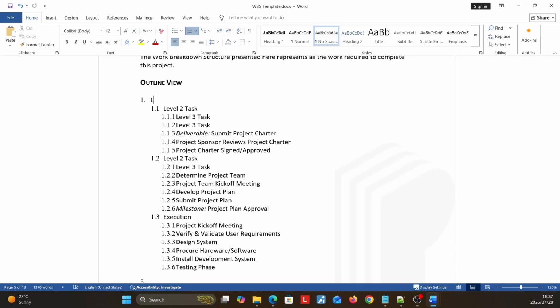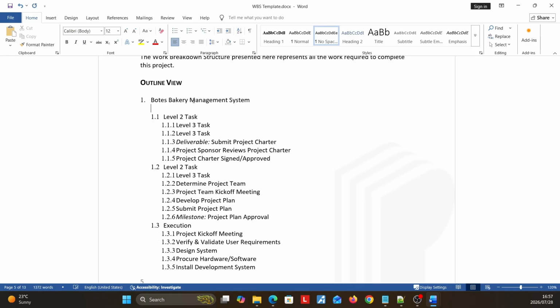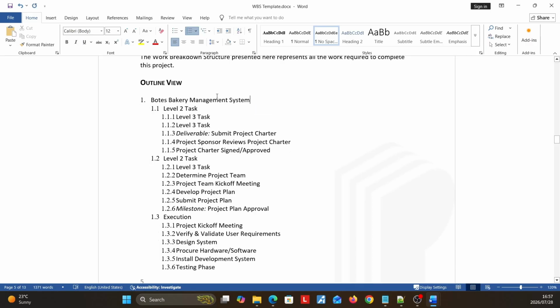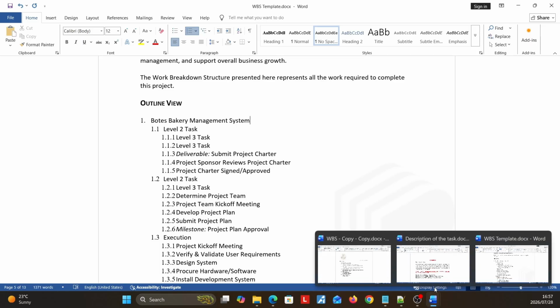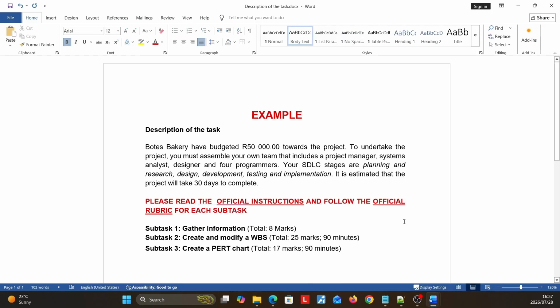But my level one is going to be the system that we are creating for Boetes Bakery, the Boetes Bakery management system. Now, my level two tasks, based on the scenario that we were given, specifically told us